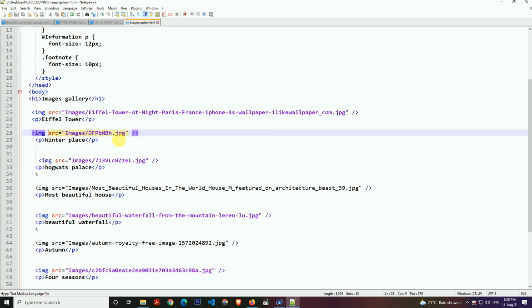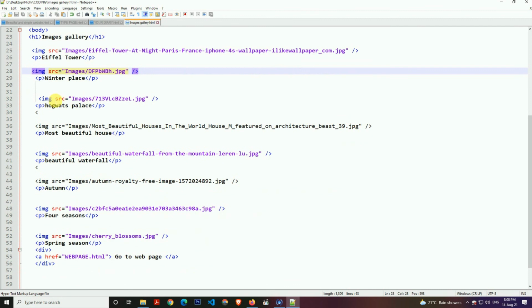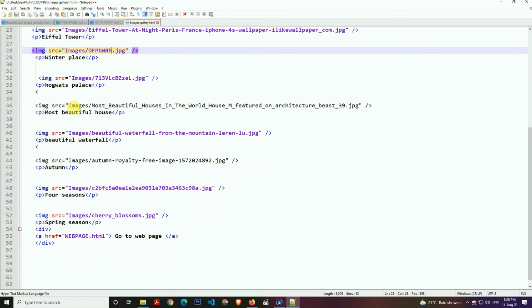And again that image source is winter place. You have to take the winter place that I have told you, Ctrl C, and then do this Ctrl V, and then put this winter place. Then I have taken the Hogwarts Palace, so I have to do this Ctrl C and Ctrl V in this, and see, most beautiful house in the world.